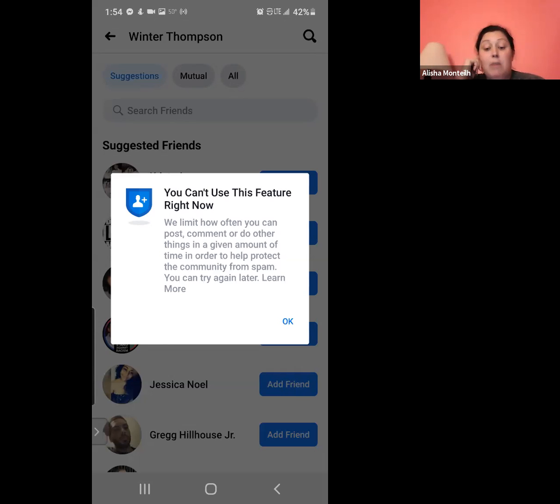But what happens is, if Facebook thinks you're adding too many people at one time, you'll get this message. If you first get this message, the very first time it pops up, I want you to stop sending friend requests, wait a few hours, and then come back and you can send a few more.